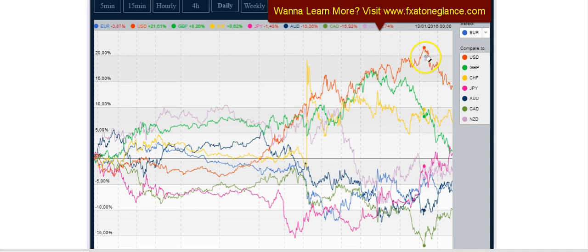It was, but you can see what's happened since January. It's been one of the weakest pairs as it's trending to the downside. So knowing that, I would look at, since January, this pair is trending to the downside. Where's another pair that has been moving to the upside? So this pair here, which would be, what is this one? Looks like the Aussie. Even the CAD is another pair that I would look at, okay, because you could